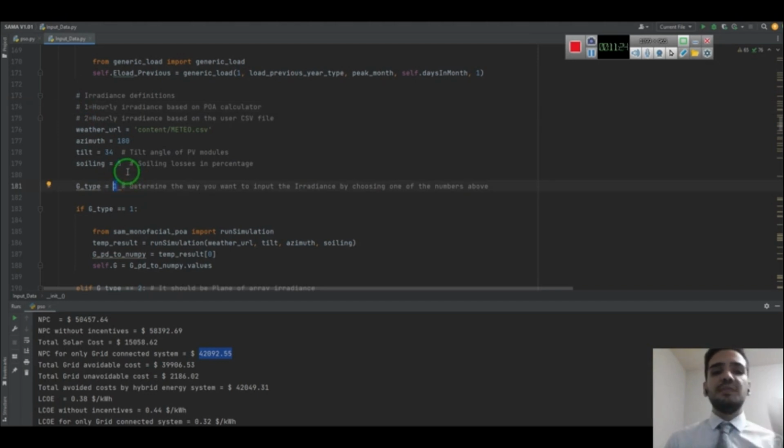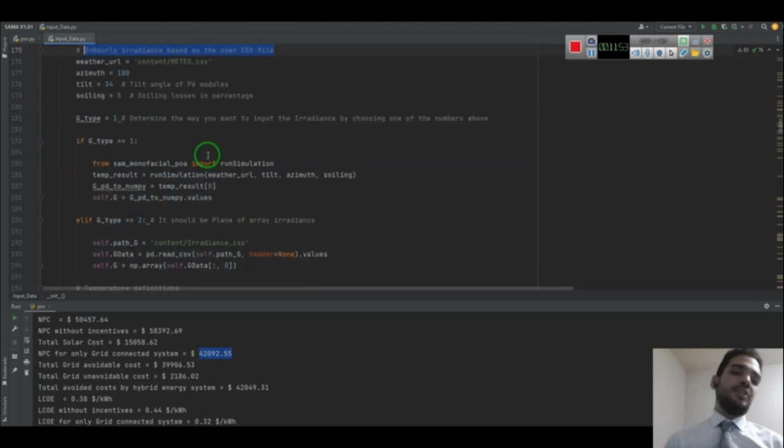You can also define the soiling rate and tilt angle for the PV modules and other inputs here. But if you have the hourly plane of array irradiance data inside a CSV file, you can use option 2, and you need to define that inside the content folder. But here we use the POA calculator inside SAM, which calculates the plane of array irradiance for us.